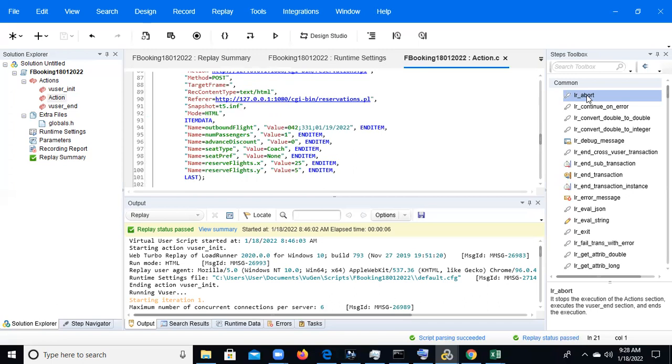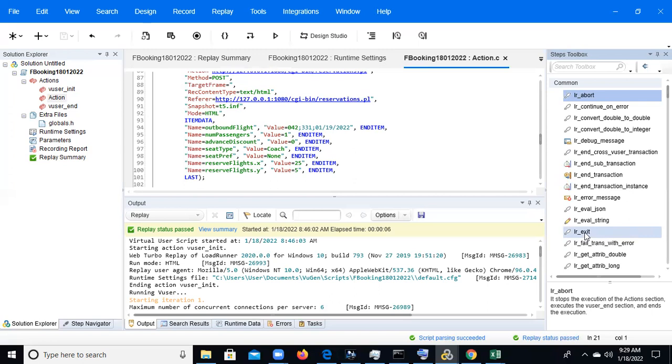If we need to end the entire scenario, like every iteration, we need to use LR exit. Everyone able to see LR exit? This is LR abort and LR exit. Abort means it will abort. Exit means it will exit the script. Exit is for the iteration or action.